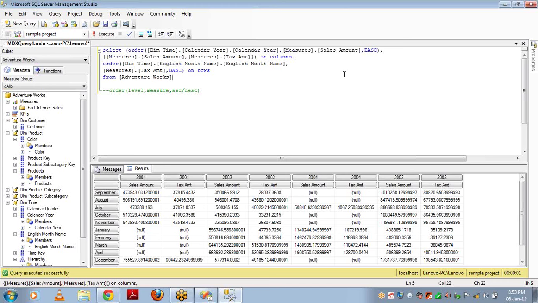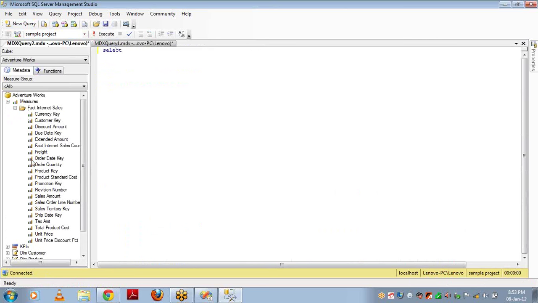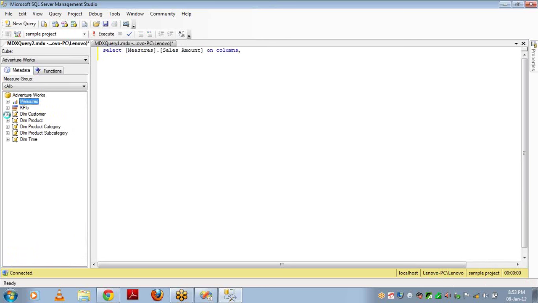My result set is too big now. I don't want this much. For example, let me take a new query window. I am pulling sales amount into my columns, and I'm taking customer into my rows, from the cube name.